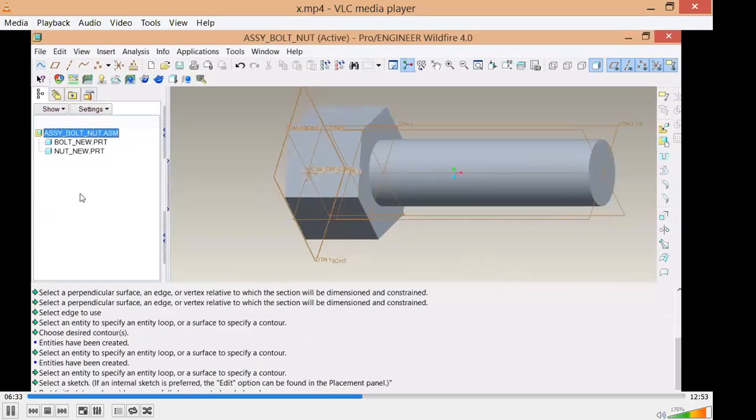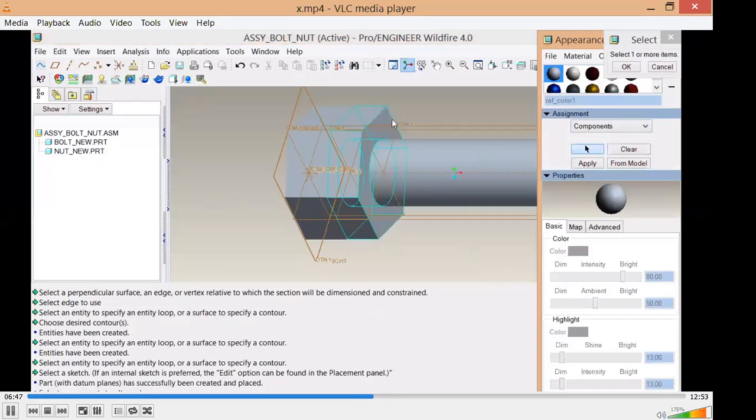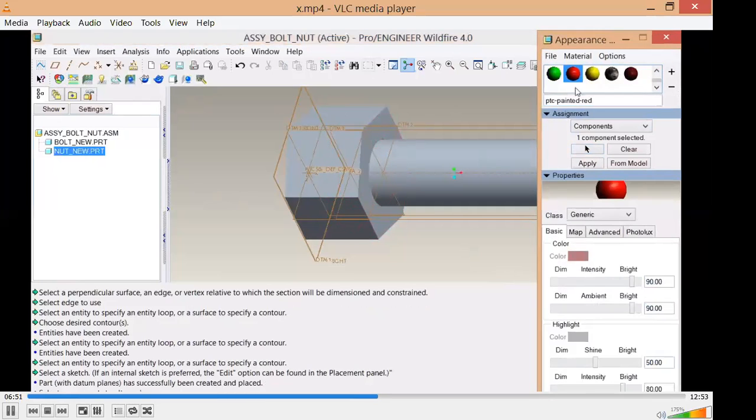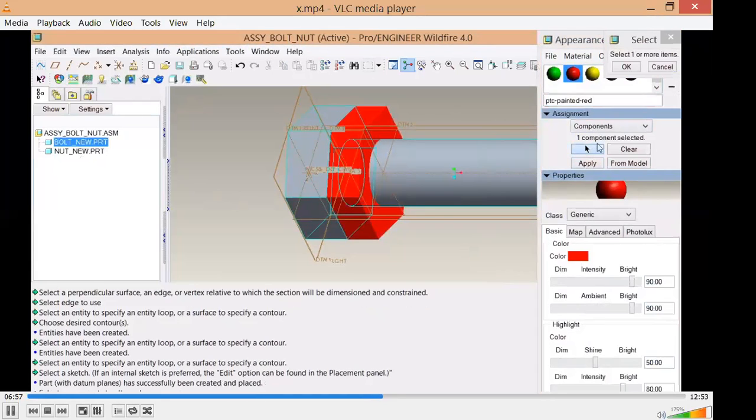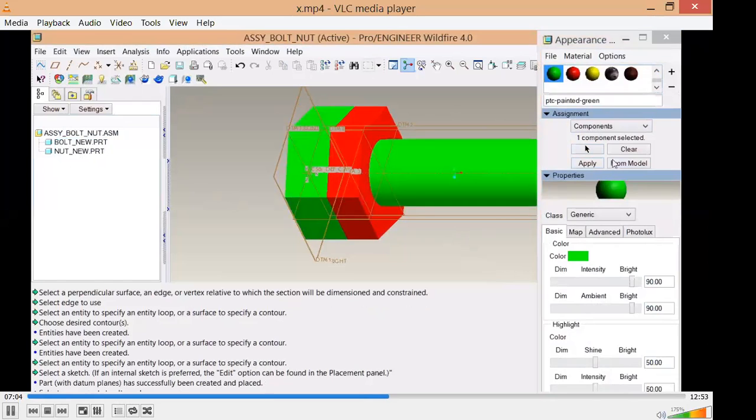The dull finish component that was inactive. Now because I've activated the assembly, both bolt and nut are visible. I'm selecting the nut. I want to change the appearance of this. So not in the assembly, I'm changing at the component level, applying the color or appearance to this component. I'm selecting the bolt now. I'm selecting a color for the component, just applying.